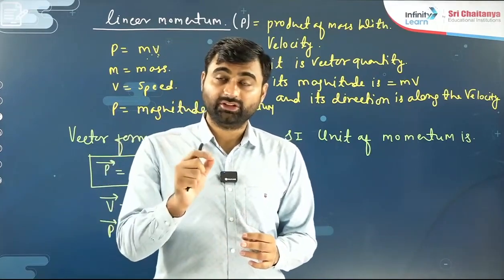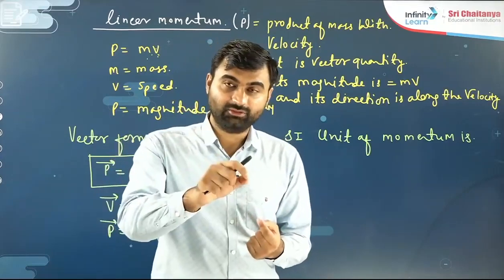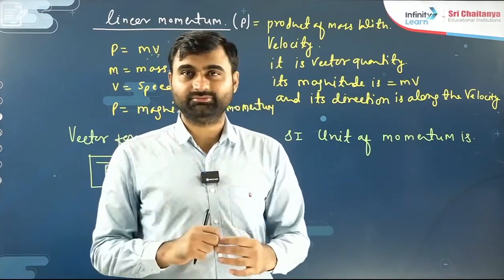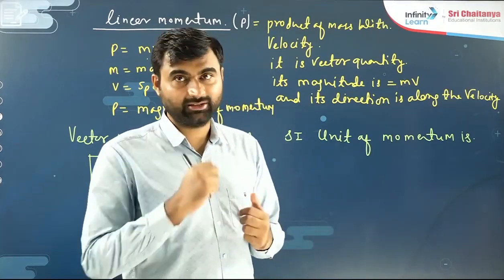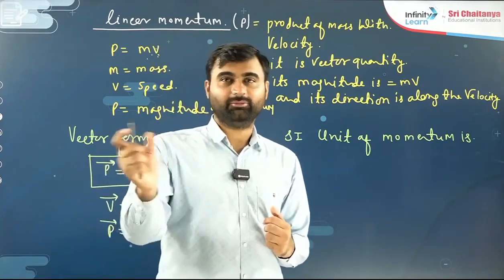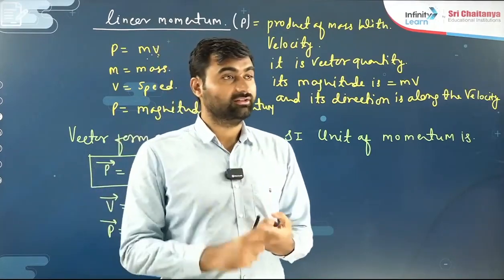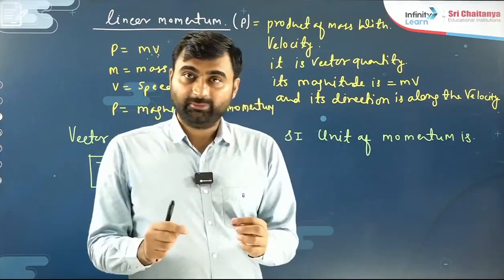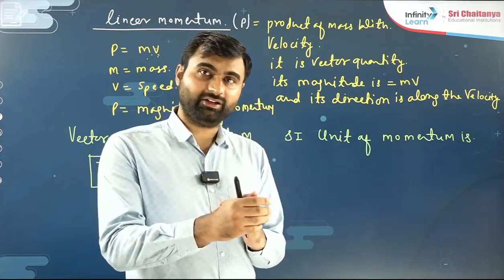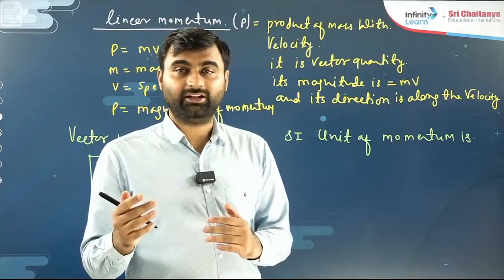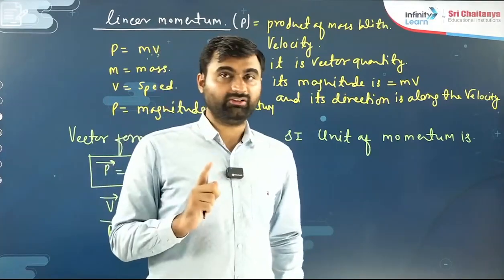Unit is not affected by scalar form or vector form. If we talk about velocity, a vector, and speed, a scalar, the velocity unit is meter per second and the speed unit is meter per second. So it is very important that dimension and unit are both unaffected by the type of quantity, whether it is vector or scalar. So this point is notable.